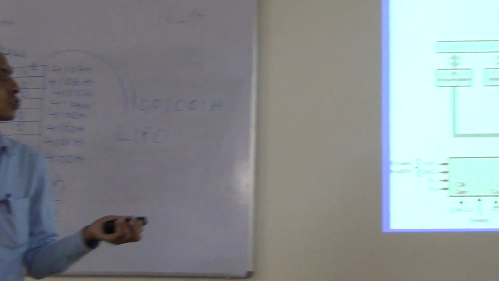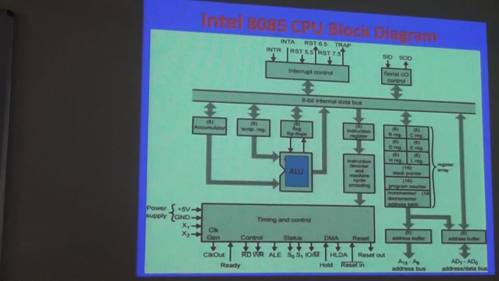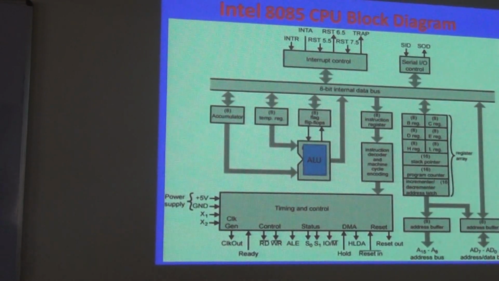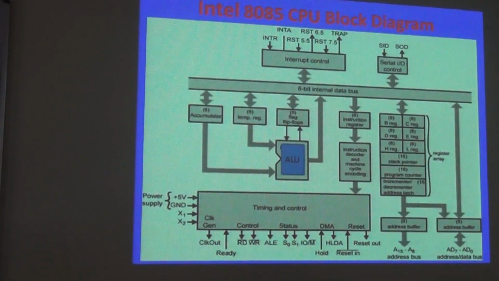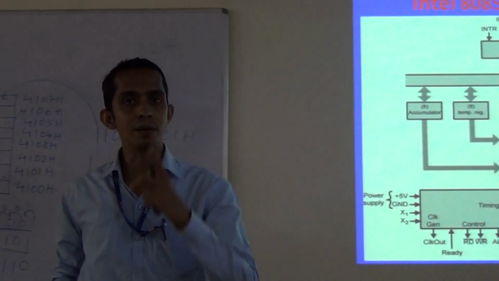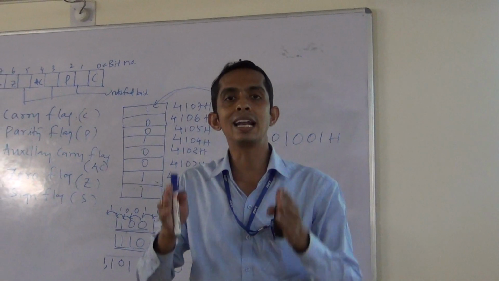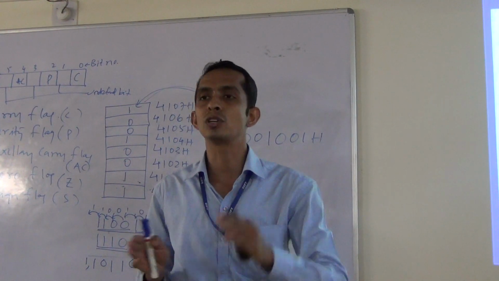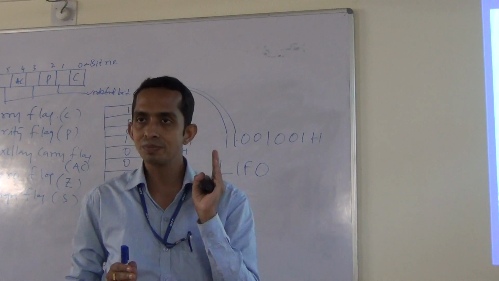In the fundamental portions of the microprocessor, I have told you a microprocessor can work with three types of buses. One is the address bus, one is the data bus, one is the control bus. Address bus, what does it do? During the fetch cycle operation, when the instructions are to be fetched in the form of opcodes from the instruction memory, the address bus is used to carry the physical address location where the instruction is available. And who sends this? The microprocessor sends the address on the address bus to the memory.